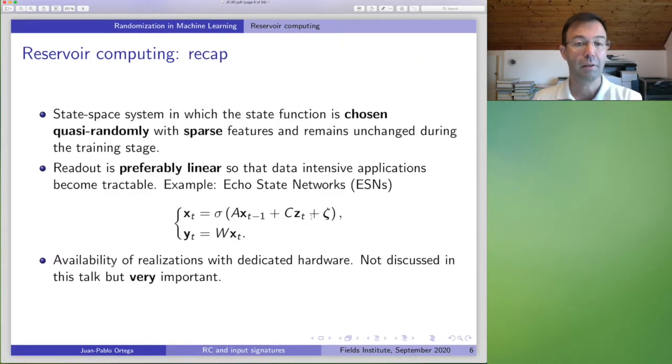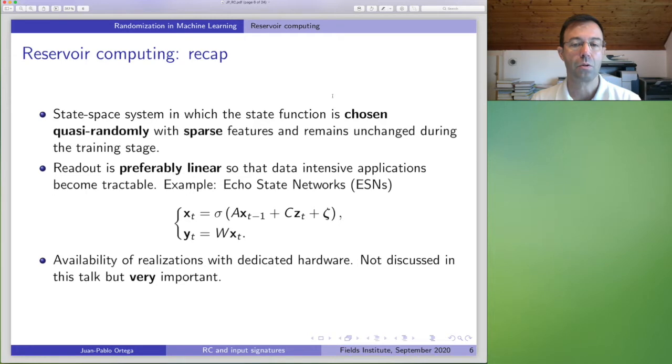Right, so let me conclude this introductory part with a recap. So our definition, I know that this is much of a reduction, but this is the idea that you need to keep in mind. So for us, reservoir computing will be the possibility of approximating an input-output system that I am observing. So I don't know the oracle, so we are in an agnostic setup like we always do in machine learning in general and supervised machine learning in particular.